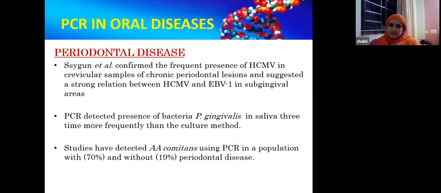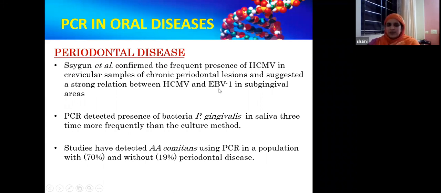But in some places, especially in Western literature, you can find that PCR is being done to identify the exact pathogen, or the exact set of pathogens, causing the periodontal disease in that particular person, so that appropriate therapy can be given. It was always thought that periodontal disease is basically caused by bacteria alone, but now with PCR testing, it has been found that some viruses are also involved in periodontal lesions.